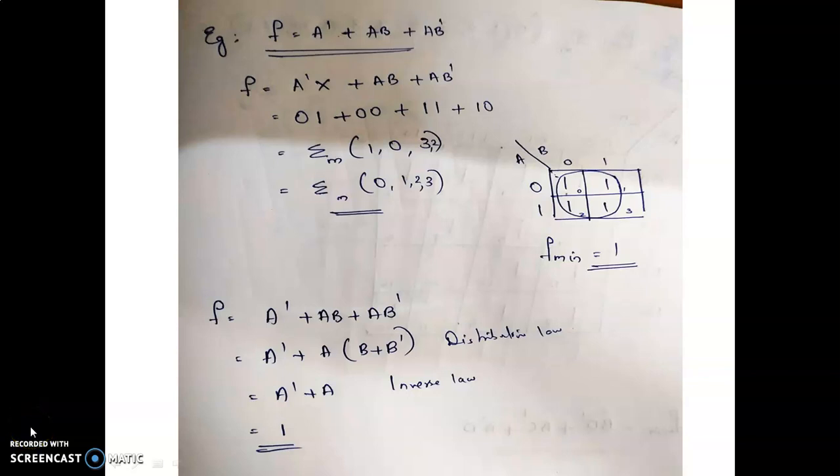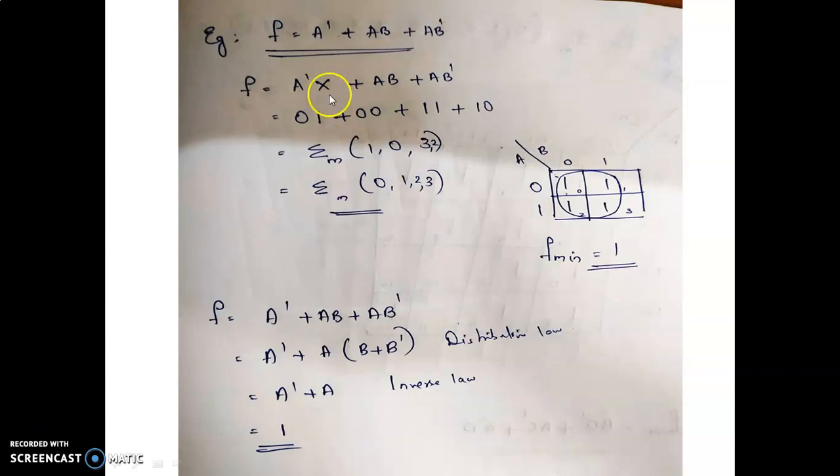Okay, moving to the next type of questions that can be asked for the K-map minimization: you will be given a minimal SOP, but not the exact minimized one. That is, the question will not be in standard SOP. So the first step that you have to do when the question is not in standard SOP is to convert that to standard SOP first.